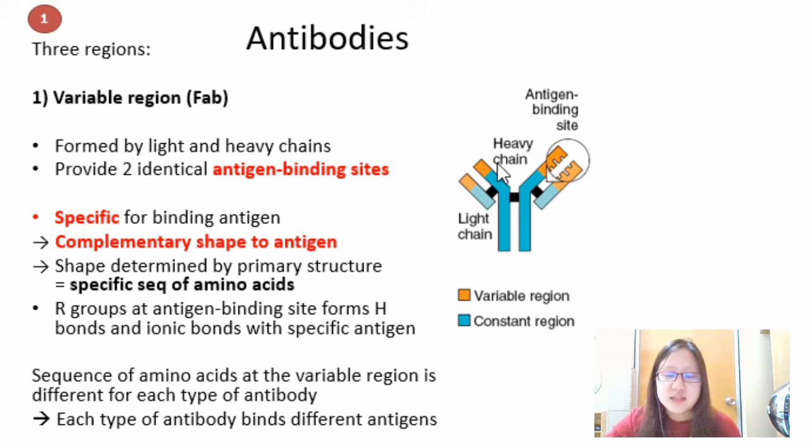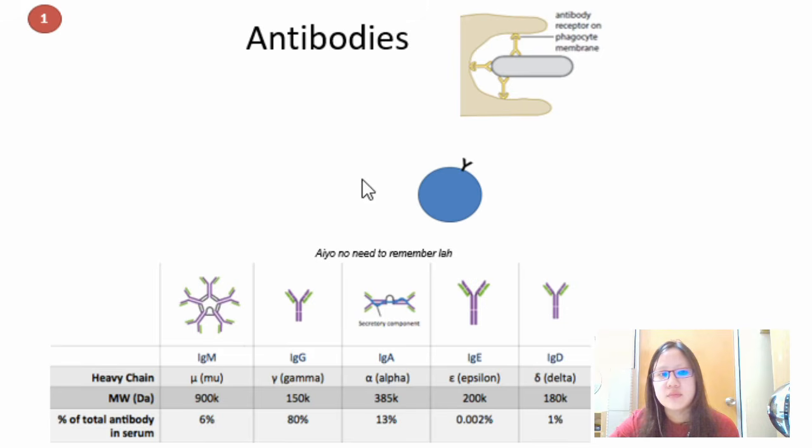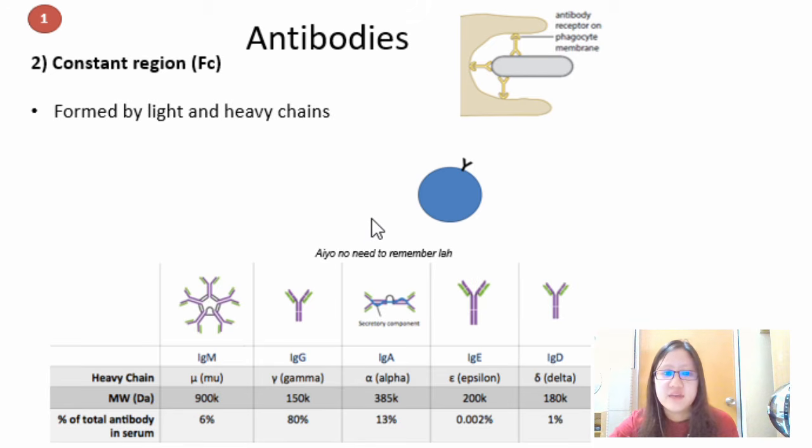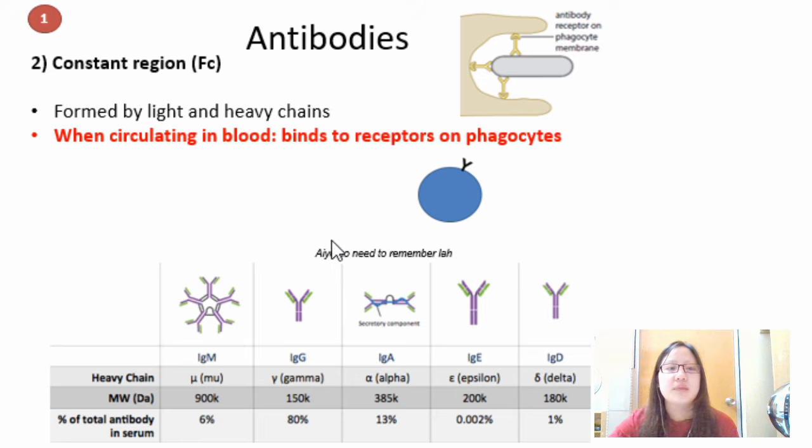Now, the constant region, however, here in blue, the primary structure of the protein or the sequence of amino acid is the same. So blue regions, again, sequence of amino acid is the same for all the different types of antibodies. But a variable region for different types would have a different sequence of amino acids. So speaking of constant region, it is formed by heavy and light chains, just like the variable region. And what does it do? When antibodies are circulating in blood, these antibodies can actually bind to